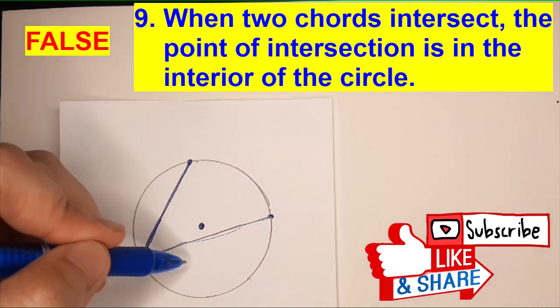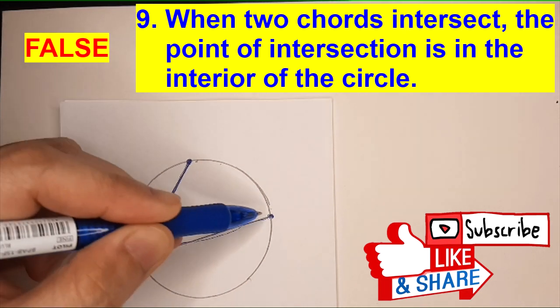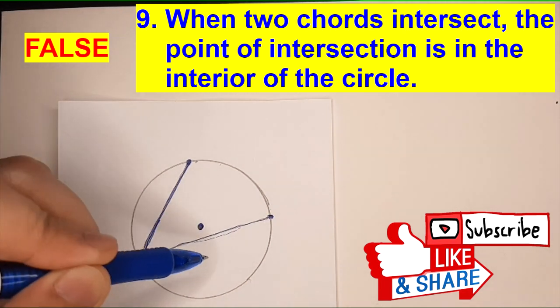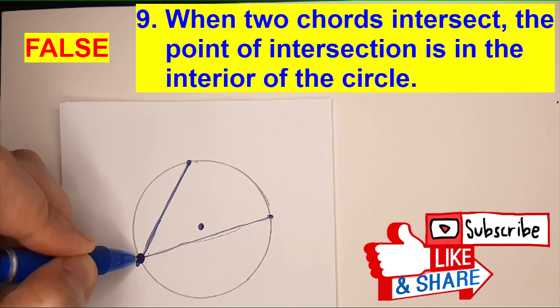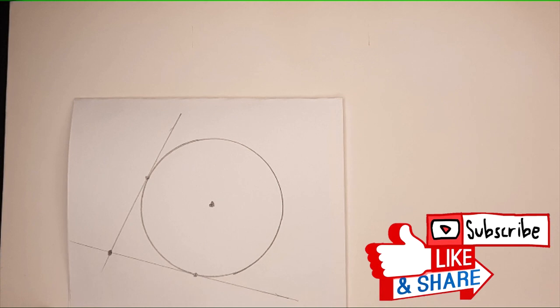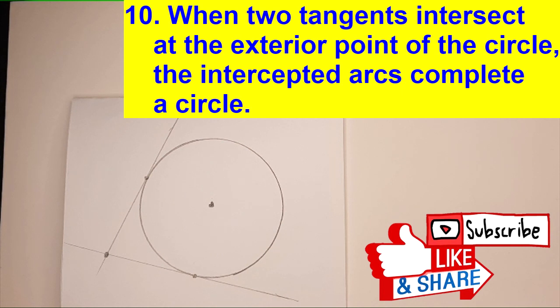Ang interior, itong nasa loob ng circle. So, hindi lahat ng chords kapag nag-intersect nasa interior. Okay? Pwede siyang on the circle. Okay? So, that's why it is a false statement. So, lastly, we have this statement. When two tangents intersect at the exterior point of the circle, so, here,